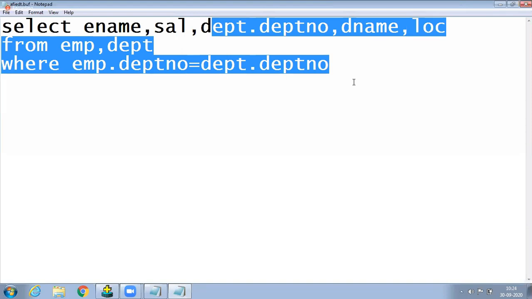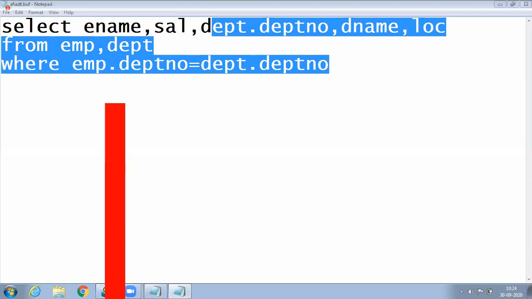Now I am asking one question. Computer students, tell me. Now I want to retrieve the non-matching rows also. I want to retrieve 40 also. Which join are we using? Anybody guess? Which join are we using to display the non-matching row 40? Many fellows are saying non-equi join. That is the wrong answer. We always use an outer join.